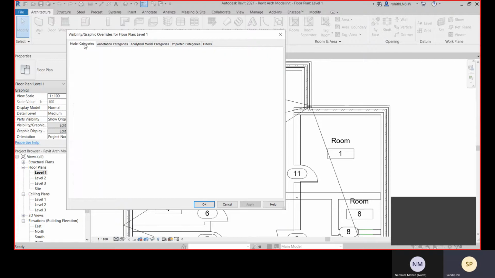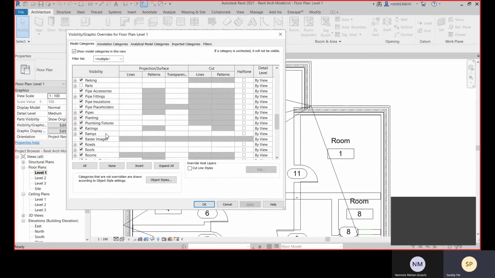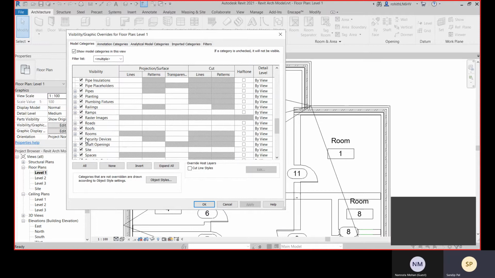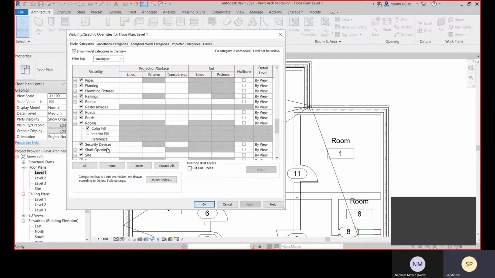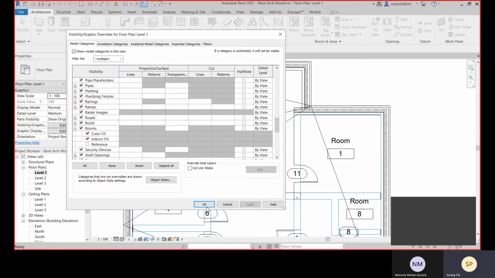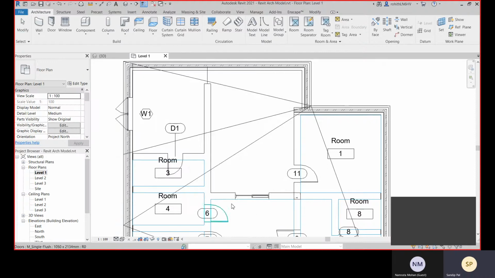All right, and then for this room, you can change this color fill. Right, now let's change this color fill, so it will fill the color. Okay, and click on apply, and okay.